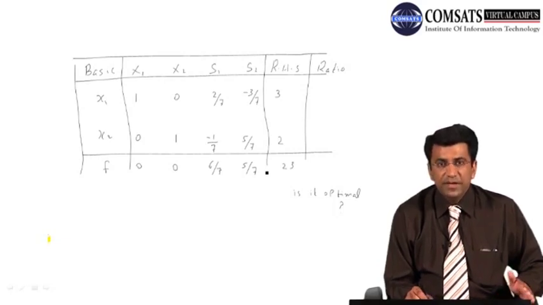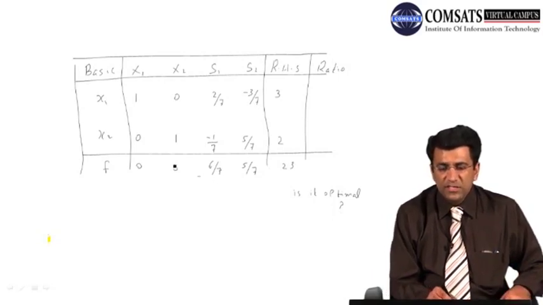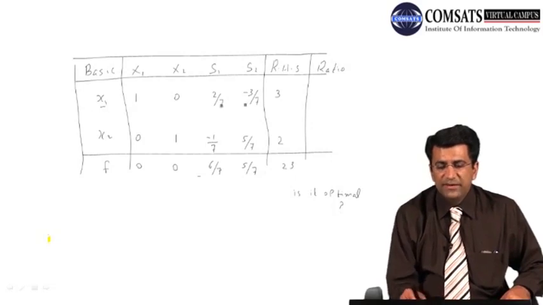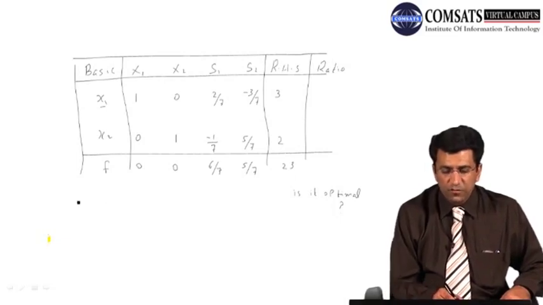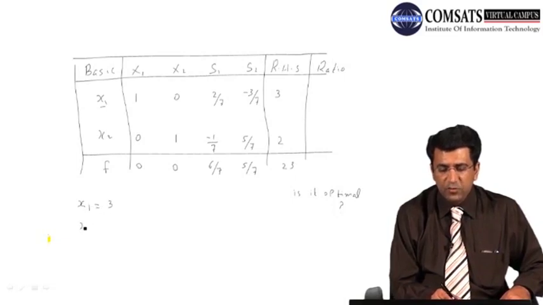Please remember again that we are working for the maximization problem, and for the maximization problem all the coefficient values of objective function must be positive. So in this particular case again it has become positive. So what will be our optimal solution? We will see the corresponding values of x1 against that right hand side column, that is x1 is equal to 3. Again the value of x2 in this corresponding right hand side column is 2. So we will get the value of x1 equal to 3 and value of x2 equal to 2.